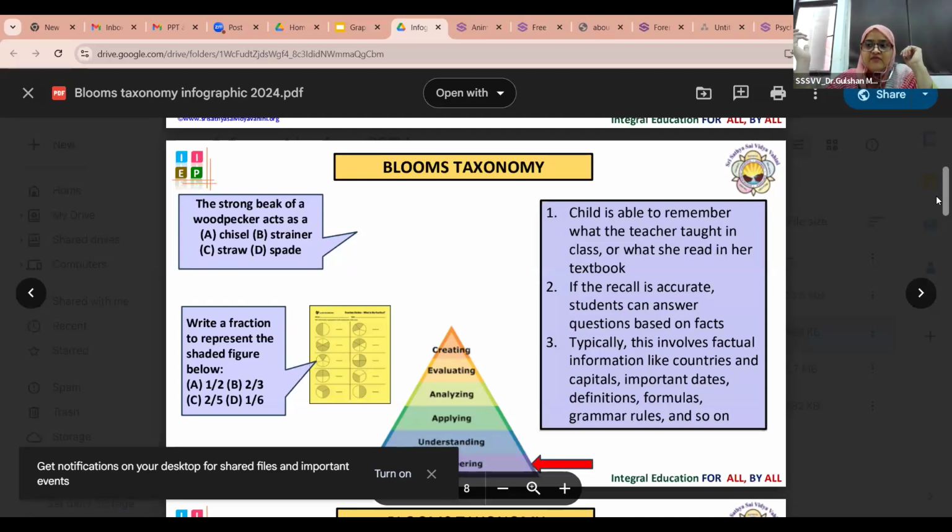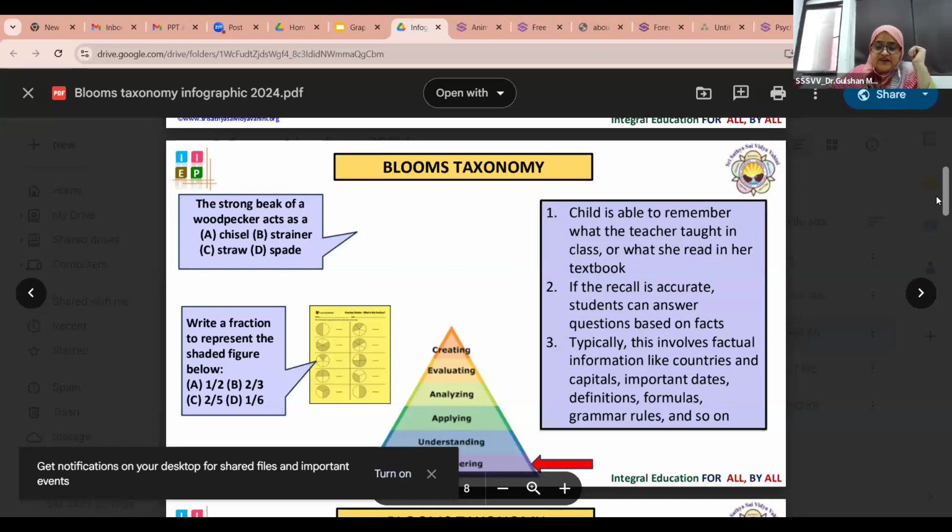So obviously we have to create infographics, and in this infographic you can see how the questions are formed with the help of Bloom's taxonomy, because each level of Bloom's taxonomy has particular action verbs, and those action verbs we have to use as a teacher in writing the specific objectives of the lesson plans.